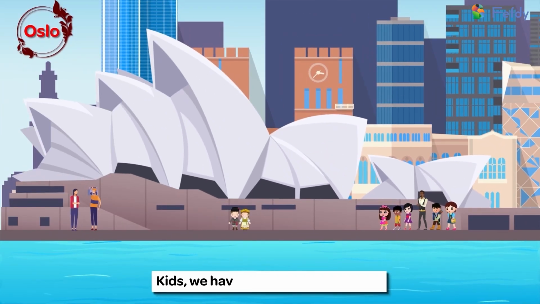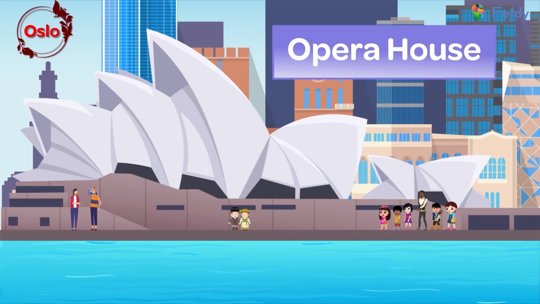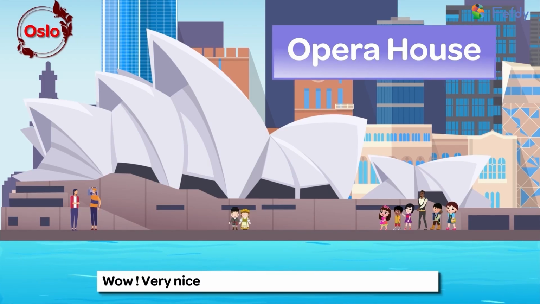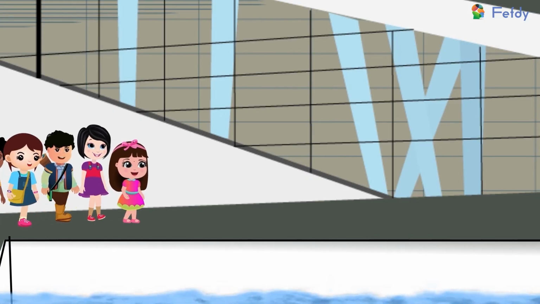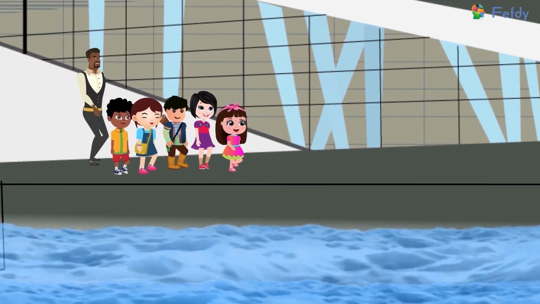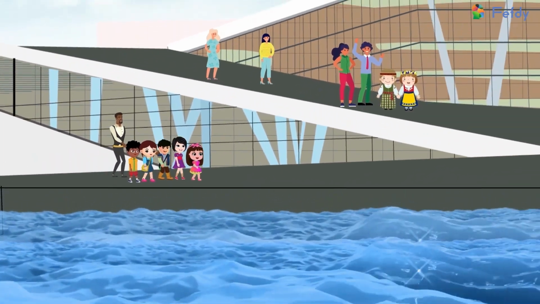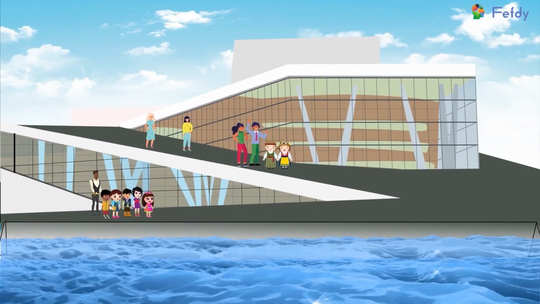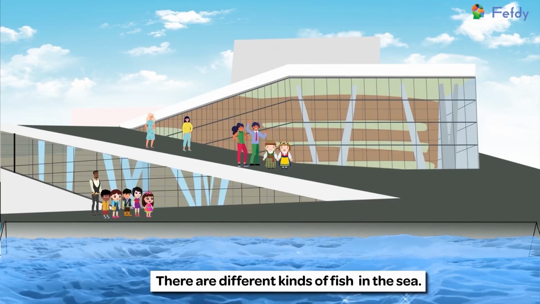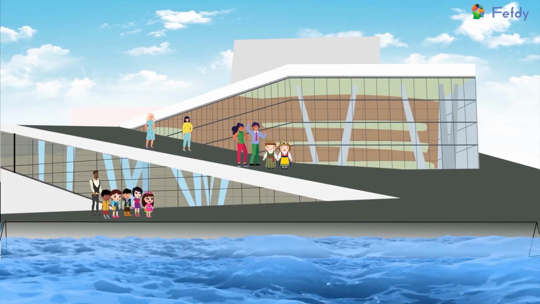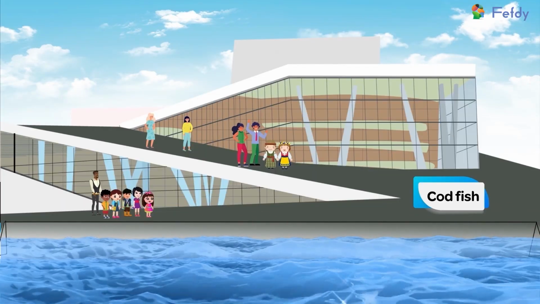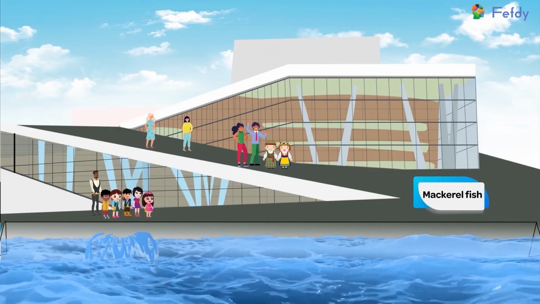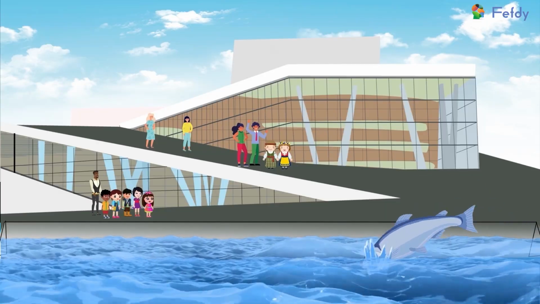Kids, we have reached Opera House. Wow, very nice to look at this beautiful construction. There are different kinds of fish in the sea. Yes, I can see codfish, mackerel fish, salmon fish,